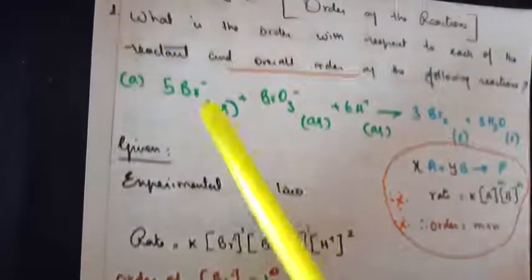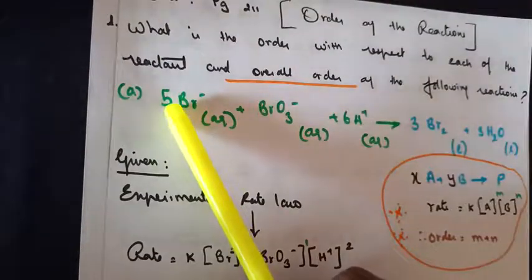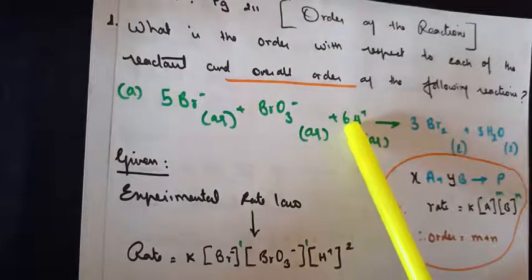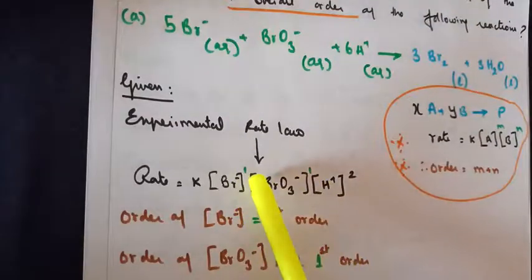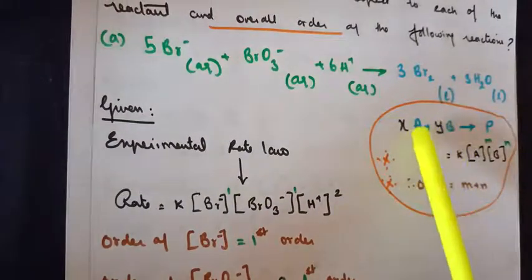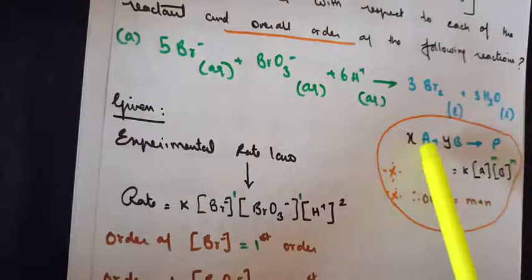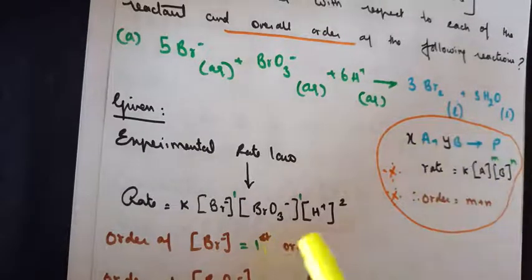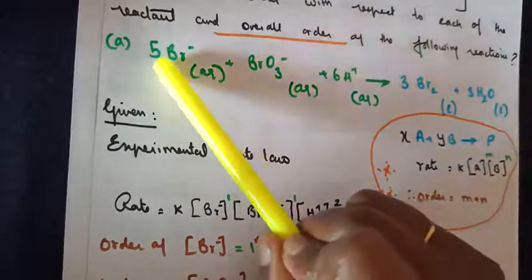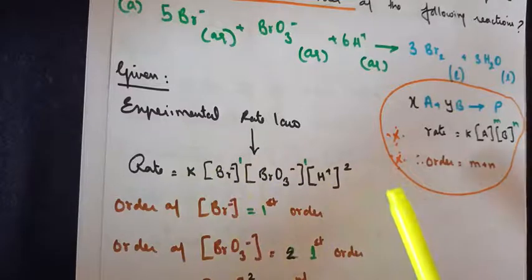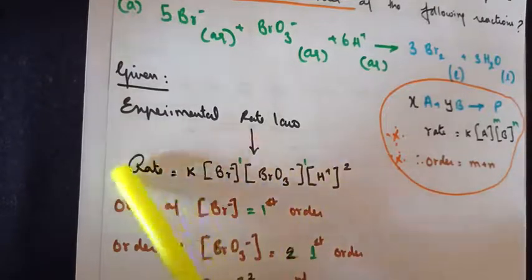Now if you look at the stoichiometry ratios, Br minus has 5. Where there is nothing, we imagine it to be 1. But here we have a 6. If you look at the order, they have not mentioned it. Hence I kept telling you, sometimes the stoichiometry ratio will be the same as the order, but most of the time it needn't be. Order can be different from the stoichiometry ratio. The given stoichiometry ratios are 5, 1 and 6, but when you look at the order of their contribution, it's entirely different. This is given in the question itself.